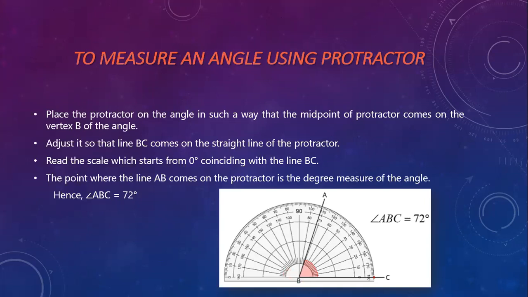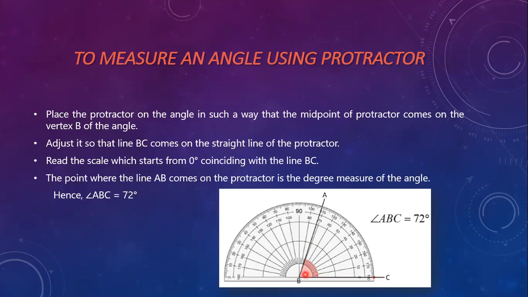In your protractor, down below you can see one line. That baseline is the 0 to 180 line. This line you have to keep exactly on the baseline, and now we can measure. See here, this line goes where the angle A is given. When we are using the protractor, you have to take the reading from the inside degrees. Now you can see 1, 2, so I can say this is 72 degrees.